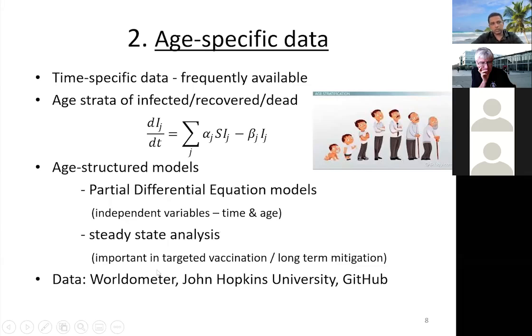If you have this category of age-specific data, we can take many data sources throughout the period of the pandemic from these websites: Worldometer, Johns Hopkins University, and GitHub. So in the Sri Lankan context also, we can see what we have and what they publish in their data sources. Then we can compare what should be targeted in the Sri Lankan context, and what type of more data is required.